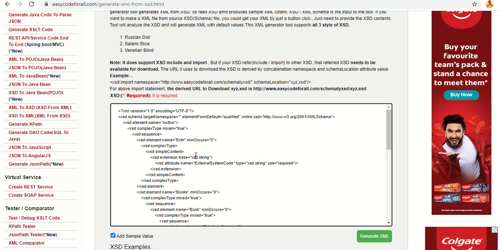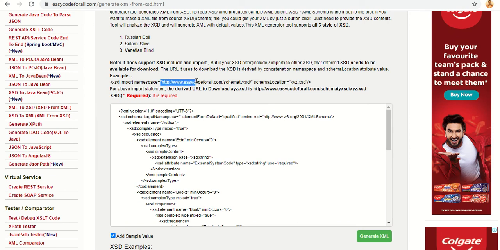So this tool derives the URL to download the other XSD which are being referred to by this XSD. Okay. So how does it derive? It mainly concatenates these two attribute values. It concatenates namespace and schema location, and derives the URL, and that URL is used to download the import or include XSD.